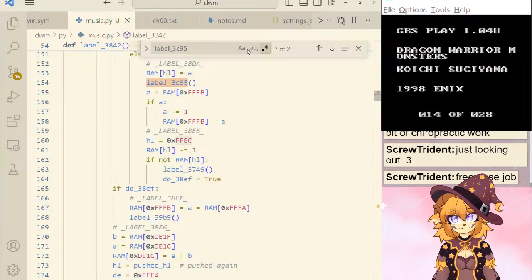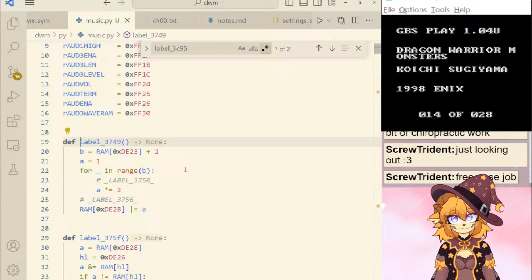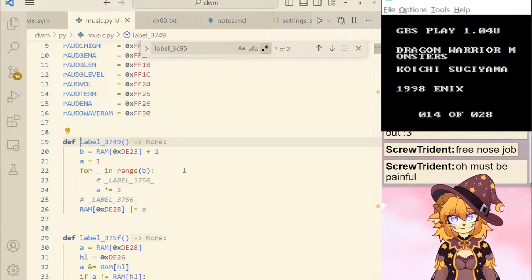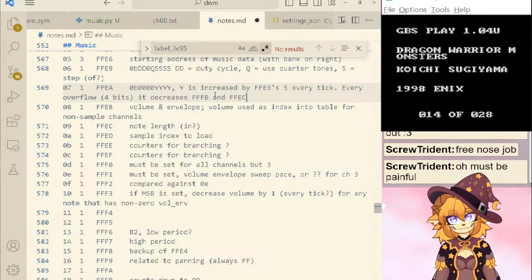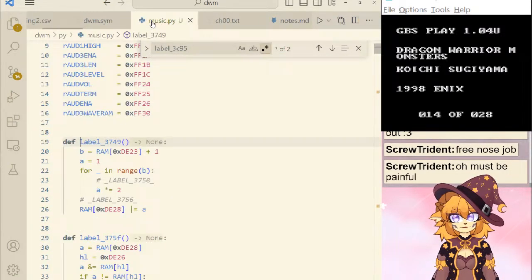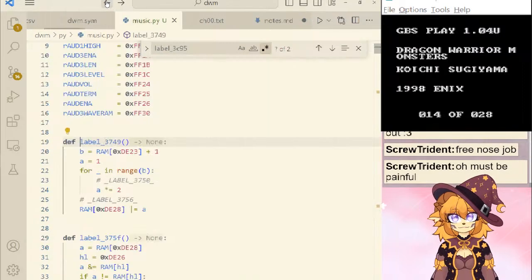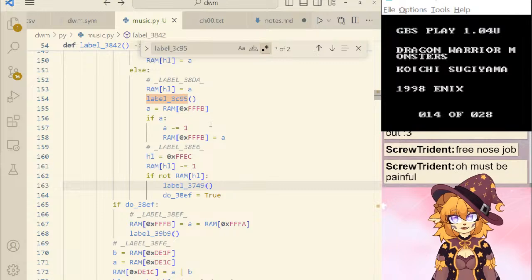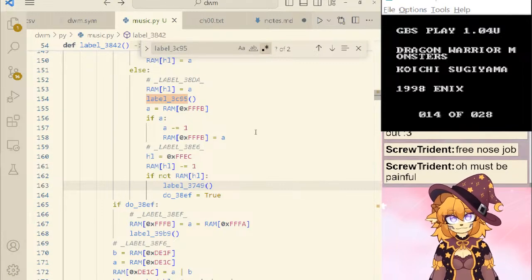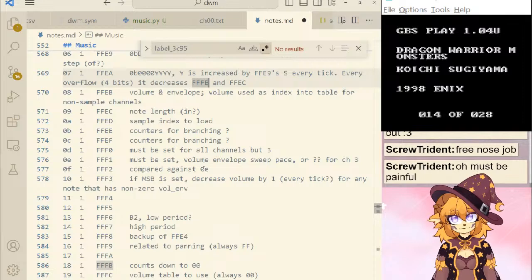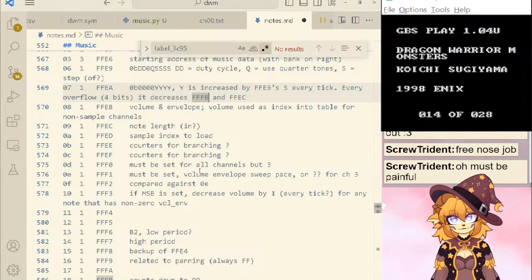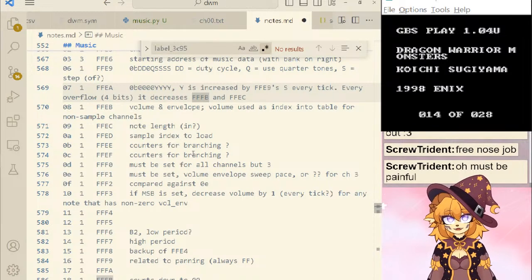Decreases FFEC as well, interestingly. So FFEC always decreases, but FFFB only decreases to 0. So that means if FFEC can loop